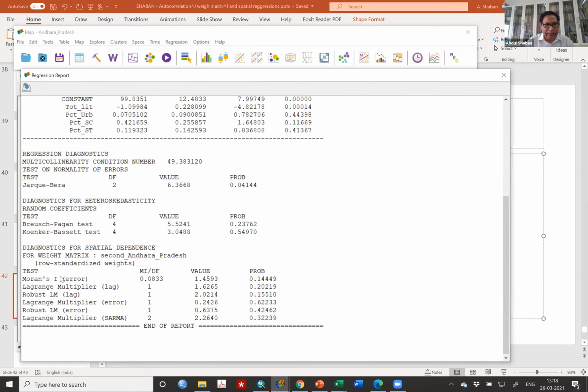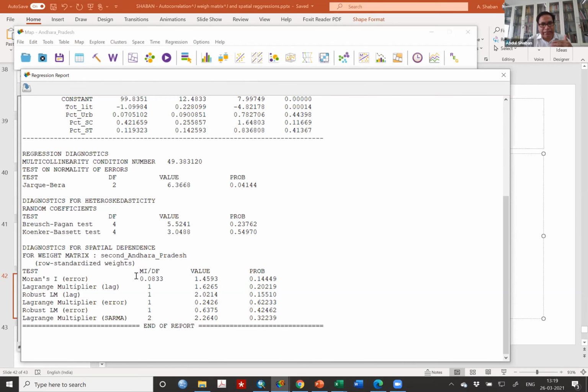Now you see this Moran's I value of error. You do not find it significant here. Lagrange multiplier, you do not find significant. You do not find significant. This seems, this data may not be affected by the multicollinearity.